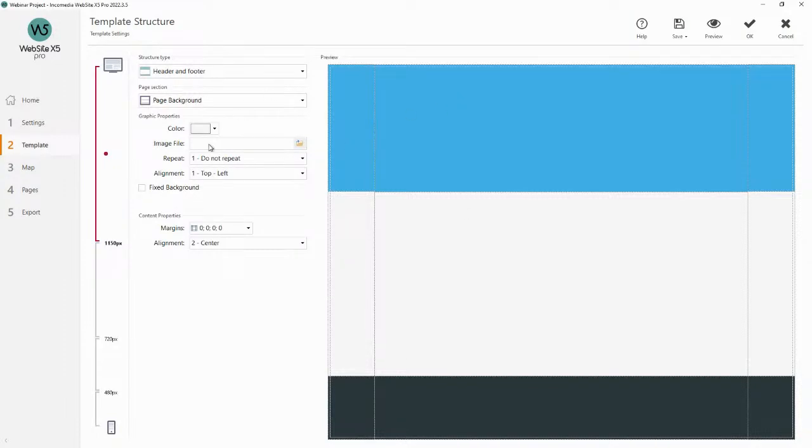So when you open the template structure section, you can see a small preview of your website, which shows you how the project is divided. So we're talking header, we're talking sides, we're talking footer, the page content section. Since we're going to be talking about colors, the first thing you notice here is that our header